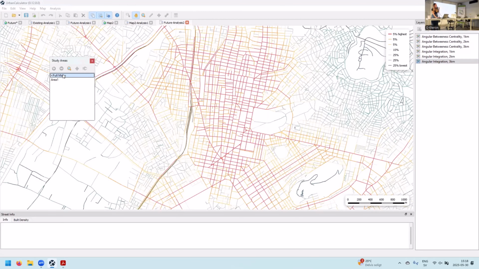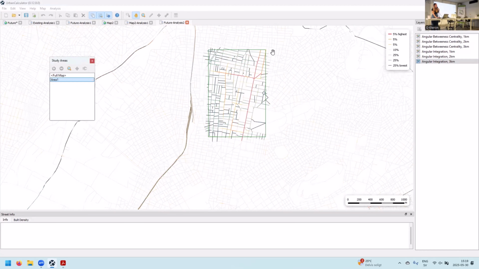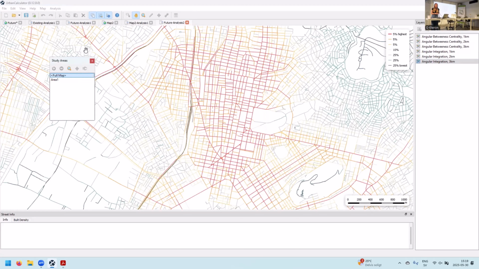You see, pay attention. This area is all red, okay? If I click just my area, what do I see? Patission and some other street, because in this study area, these are the most central in comparison to their neighbors here, okay? But the whole area is central, okay? Is this clear? It is very important to always remember, because one thing, and this is a common mistake among people who analyze and planners,